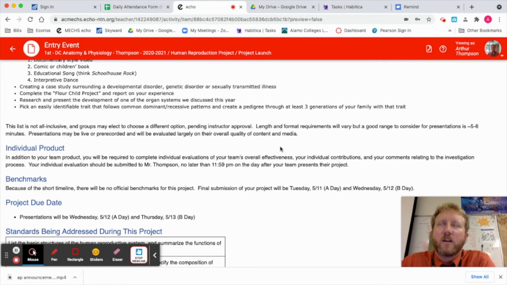There is definitely a correlation between length and quality. The shorter it is, the more difficult it is to make it high quality. Typically, the longer it is, the more quality it's going to be. However, you can fill up 6 minutes of absolute garbage. So just keep that in mind.